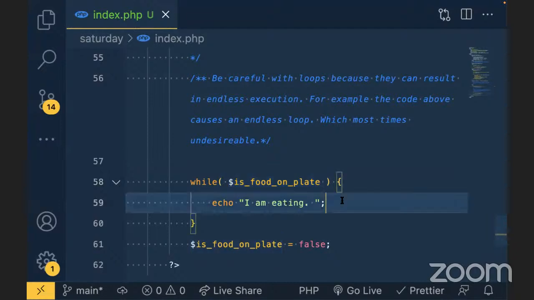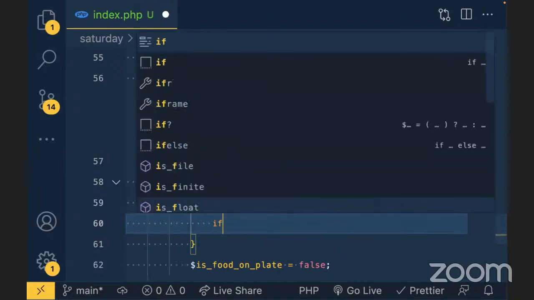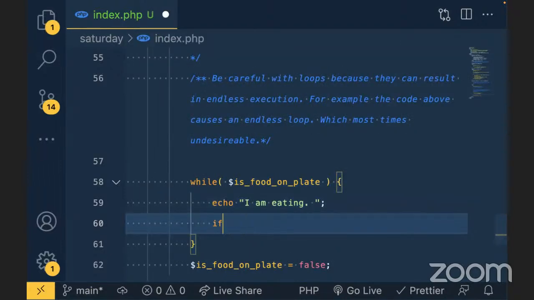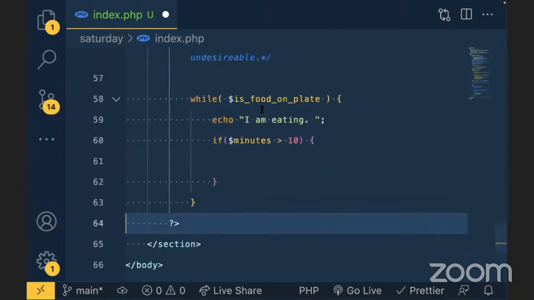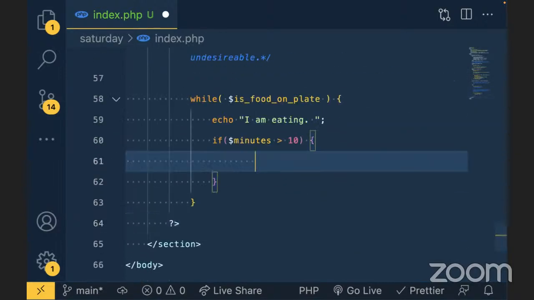So what we have to do is to come inside here, and we say that if the eating has been done, let me say if we've spent 10 minutes eating, we stop. So we can come here and say minutes. If minutes greater than 10, we can say stop eating, okay? And how do we say stop eating? We set the